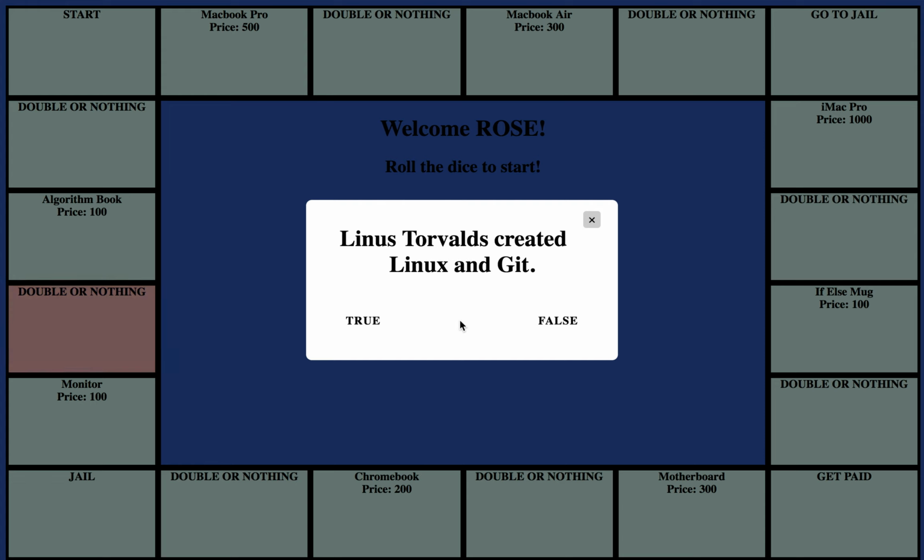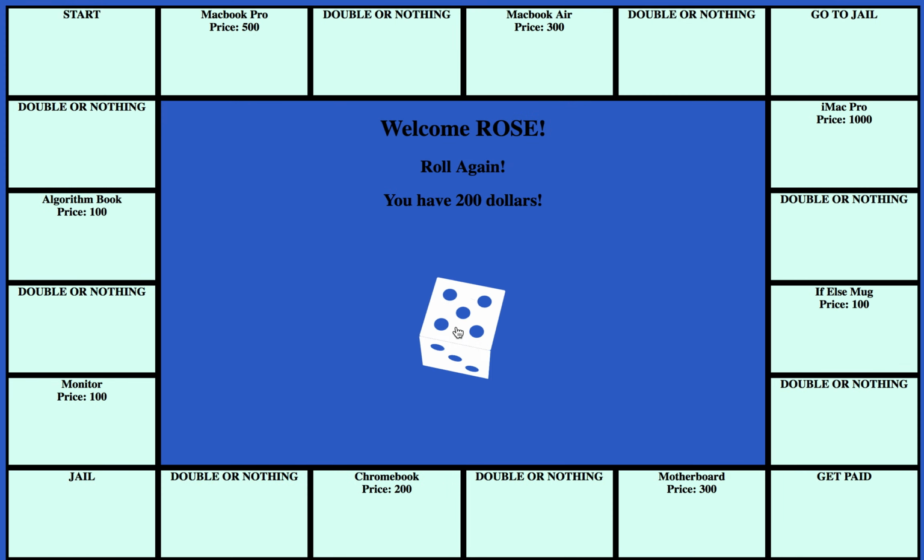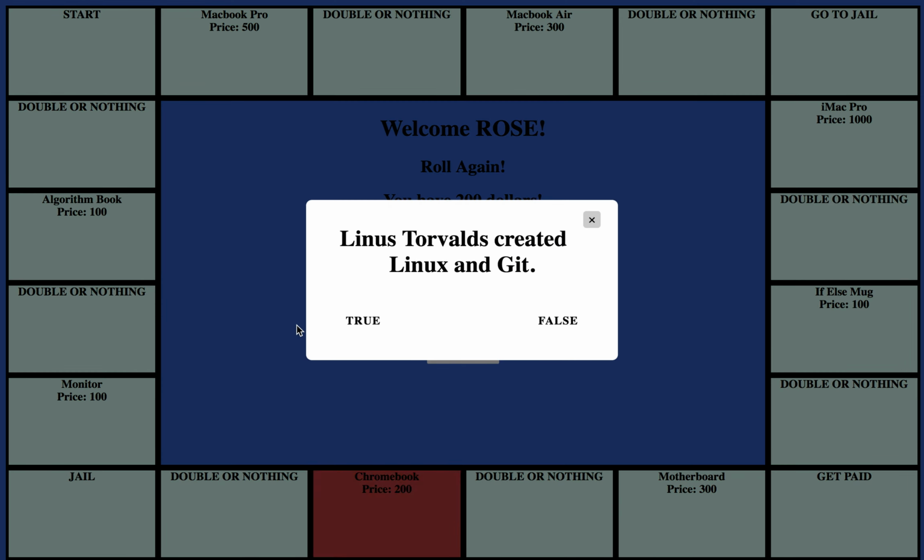All right, let's see. Linus Torvalds created Linux and Git. That's true. Cool. So we have $200 because we landed on double or nothing, so it doubled up our money. And then we'll roll again, and we definitely were able to, after much work and debugging, get the dice to move based on how much it actually rolled. So you move 1, 2, 3, 4 spaces,